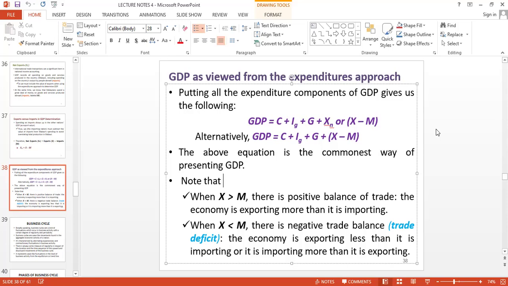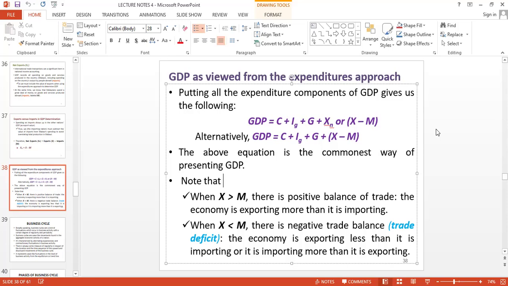Just to remind you before I go to bed, let me share that clip. So you mean we should always be going with the trade where X is greater than M, not X is less than M? Sorry? I'm saying, you mean that the nation should be going with the trade where X is greater than M, not X is less than M, eh? Yeah, when X is greater than M,